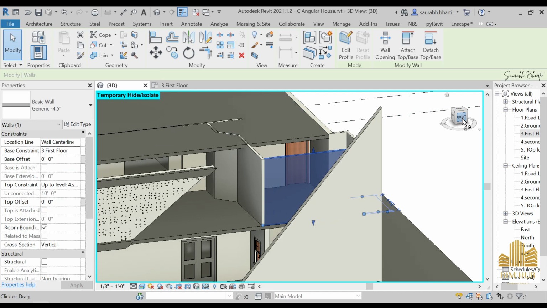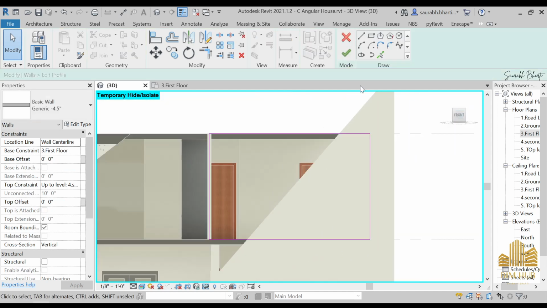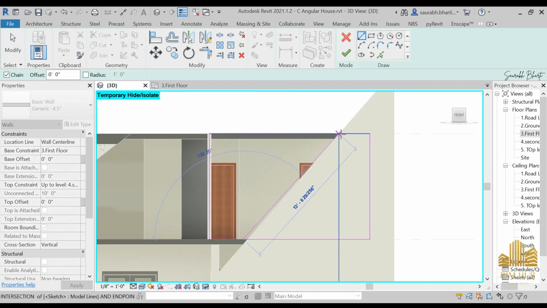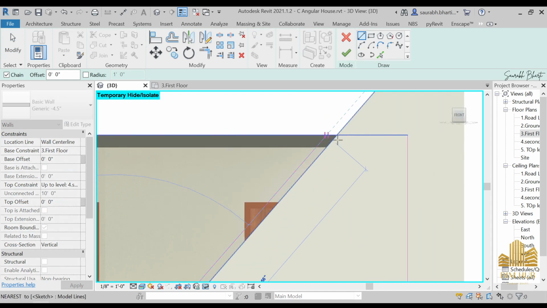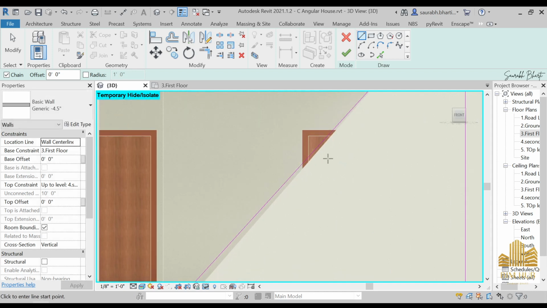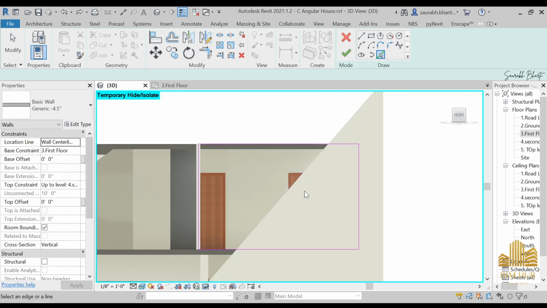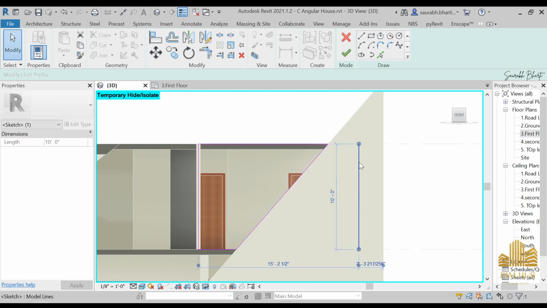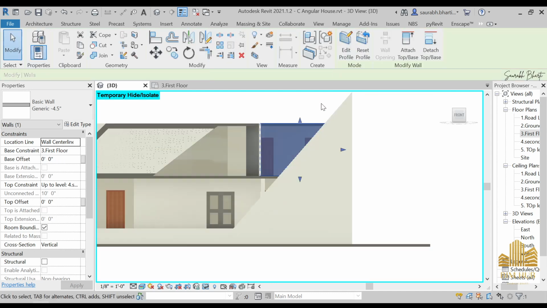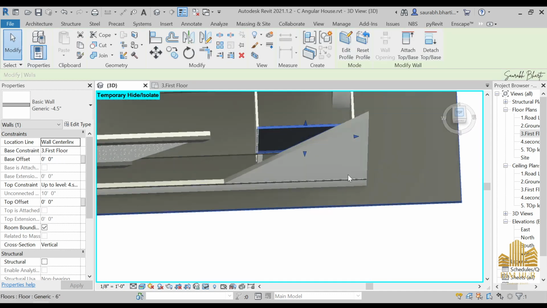So select this wall, go to the front view, go to the edit type, and here you can just do it like this. No, not like this. Just select this pick line, pick this line. TR is the trim shortcut. Trim, done. Delete this one, finish it, go to the top view